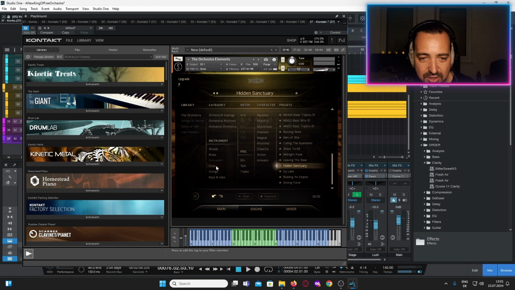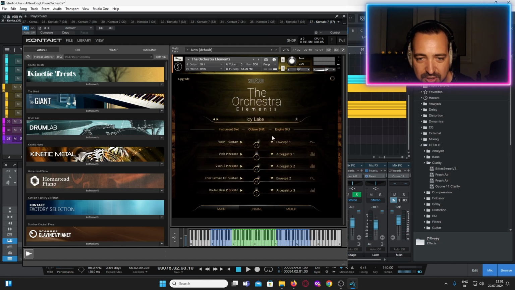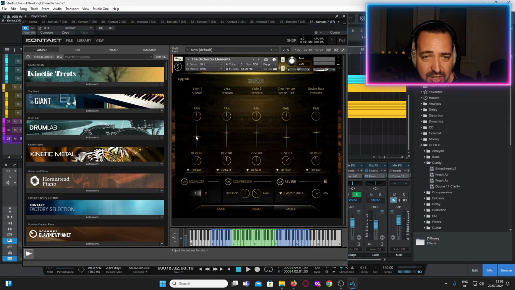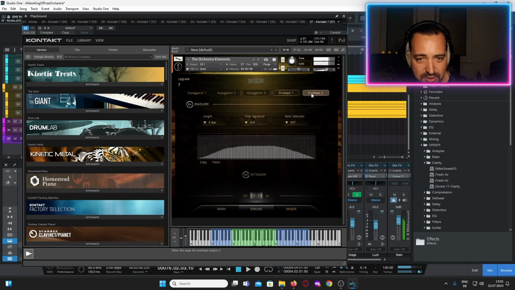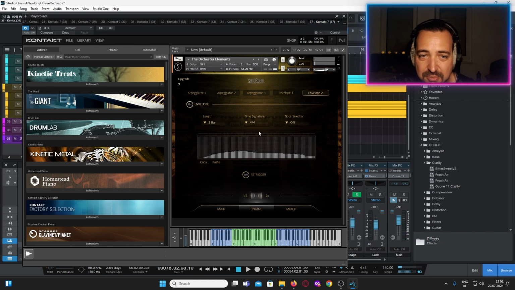And you also do have a choir. Now, the choir you get is very limited, but it's really beautiful. It's this choir female O sustain. So let's again remove everything except the choir to just listen to the choir. And it's now using an envelope. We can have a look at the envelope too, what it does. Not much, to be honest. Great. It's a lovely choir.